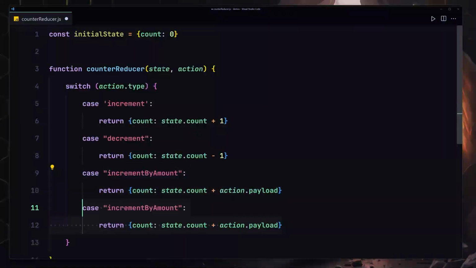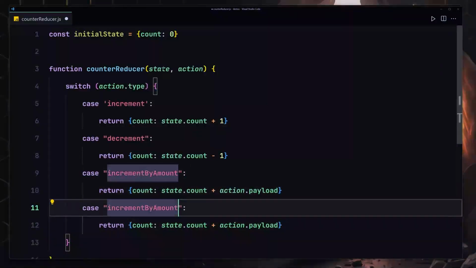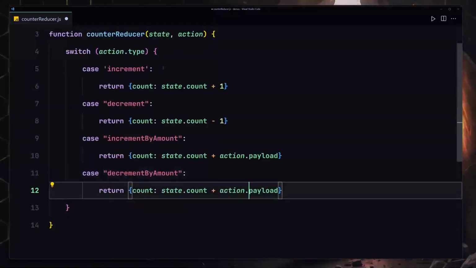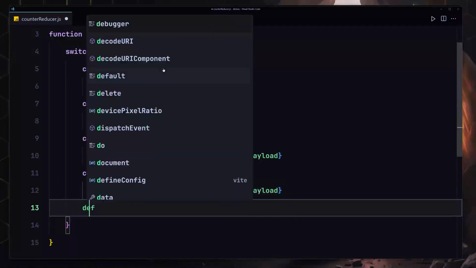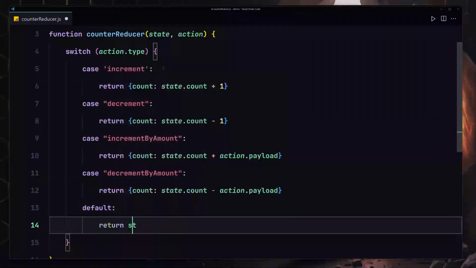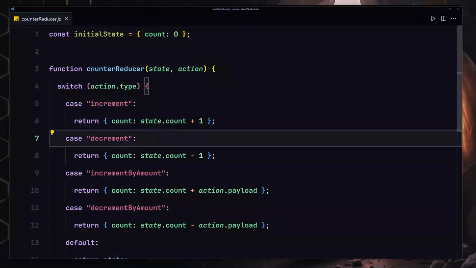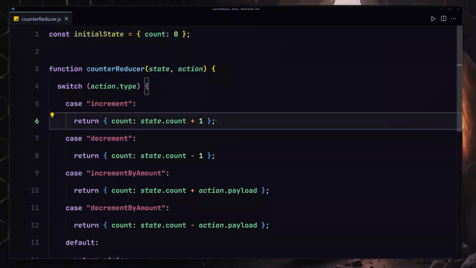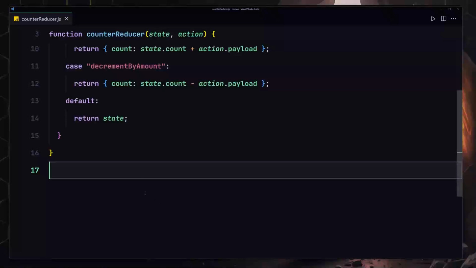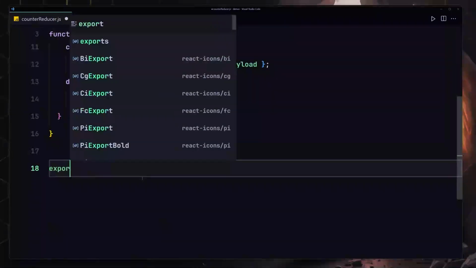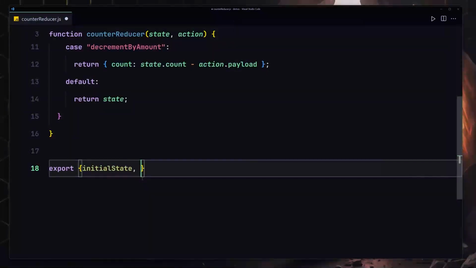I'm going to also duplicate that and change that, instead of increment, I'm going to write decrement, D-E-C-R-E-M-E-N-T, decrementByAmount. Once again, instead of writing a plus, I'm going to change that to minus. And for the default value, I'm going to only return my overall state. So that's going to be our entire function which will allow us to change our data. That's how we are going to be creating our counterReducer. And now underneath, we are going to be exporting the initialState and also the counterReducer function from